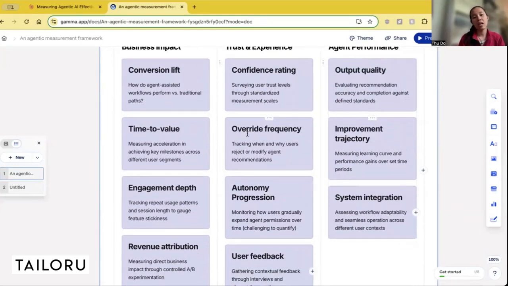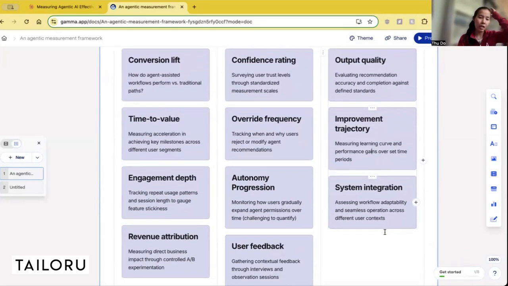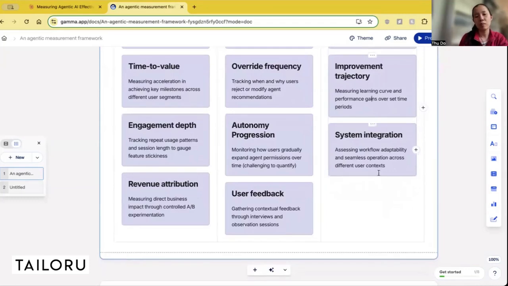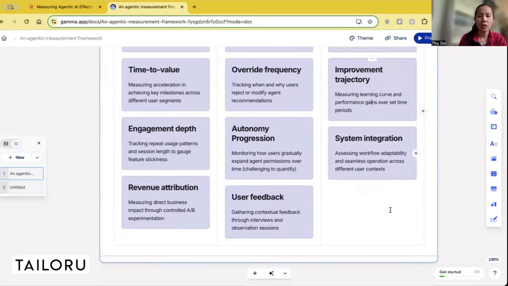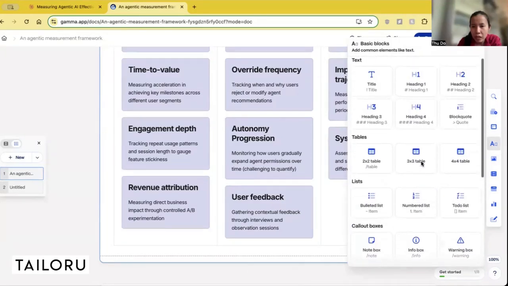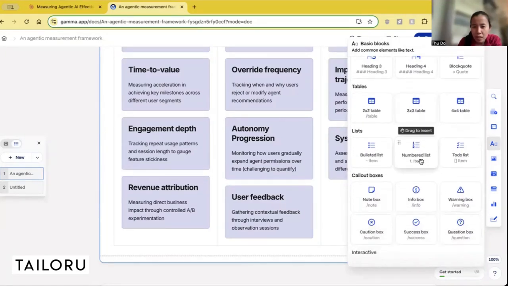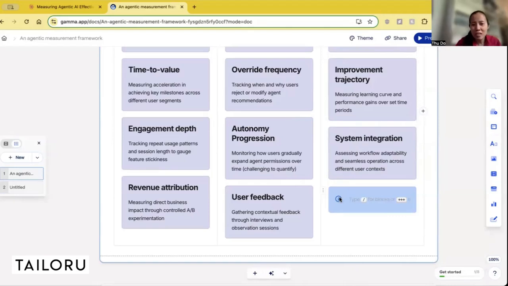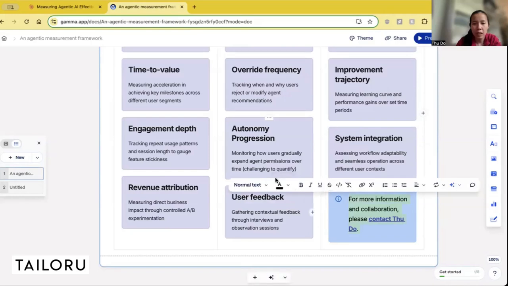Each of these areas has 4 measurements and the third column has only 3. So it's an opportunity to include something else here, maybe a way to contact. That's what I'm thinking, is to include that card here. I'm going to add a basic block and see if I can create something that could be attention seeking. So maybe this info box and say for more information and collaboration, please contact Judo. Okay. I'm going to make this